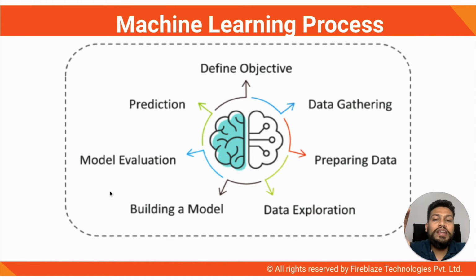After model building, you evaluate it. You train the model on the basis of the historic data which you have just gathered, prepared and cleaned. And then after building the model, you check how it is performing. You need to know whether it is performing well 60% of the time, 40%, 80%, 90%, whatever it is. But you need to evaluate it. And once you do the model evaluation, you move to the next part, which is prediction.